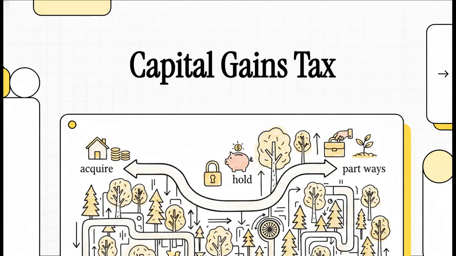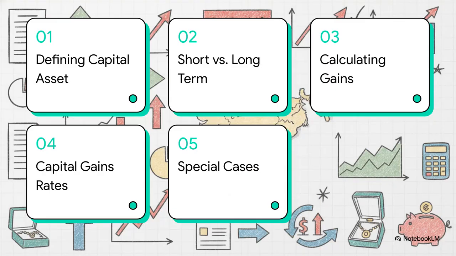You know, tax law can honestly feel like this dense, impenetrable forest of sections and subsections. It's overwhelming, but if we just track the journey of a single asset, from the literal moment you acquire it, to how you hold it, to the moment you eventually part ways with it, all these dense regulations suddenly become incredibly logical. It's like a giant puzzle coming together. So, by the end of this explainer, you're going to have a crystal clear, structured understanding of exactly how the government views your property. Okay, let's dive right in.